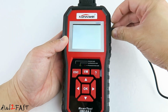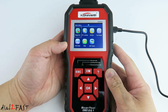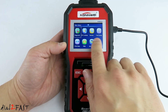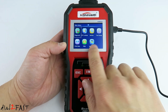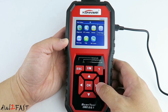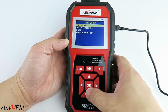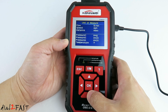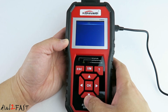Let me power this on and I'll show you what the menu looks like. Here you're looking at the main menu. We have Diagnostic, DTC Lookup, Review, Tool Setup, Print Data, Help, and Battery Check. You can use a navigation keypad to navigate. Let's go into Tool Setup. You can select different languages, unit of measure, beep, you can turn on and off,